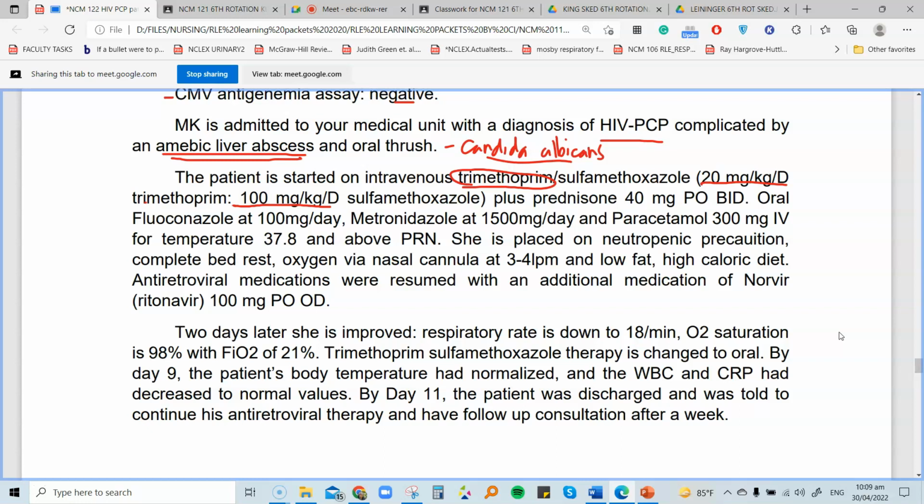Plus, okay, we are going to be providing your prednisone. Your prednisone is a corticosteroid medication. We need to be giving this with caution to our client because our client is already an immunocompromised patient. Diba? What is the side effect of giving corticosteroids to immunocompromised patients, guys? If you give prednisone, betamethasone, or dexamethasone, corticosteroid to an immunocompromised patient, what will happen?